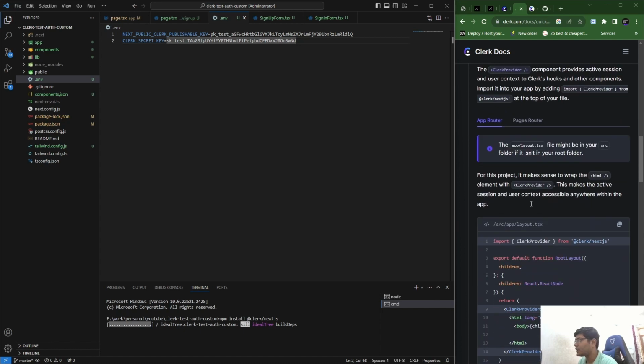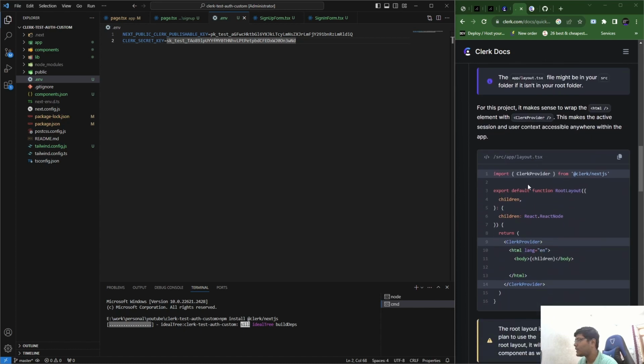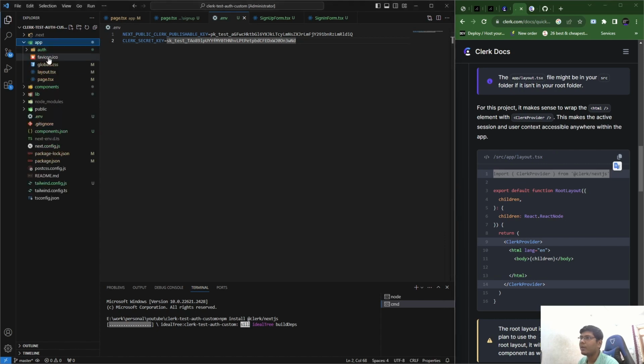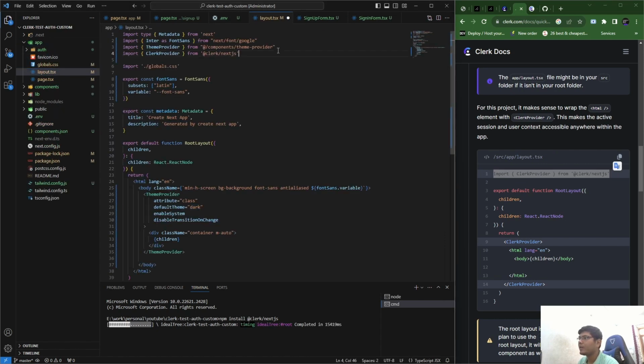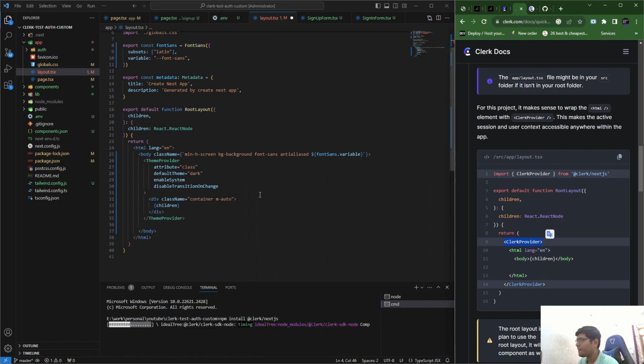So meanwhile it gets installed, I'm going to also add something called ClerkProvider inside our layout.tsx. Let me just copy this. I'll go to layout, provider, copy, and make sure this is inside the entire HTML. Okay,